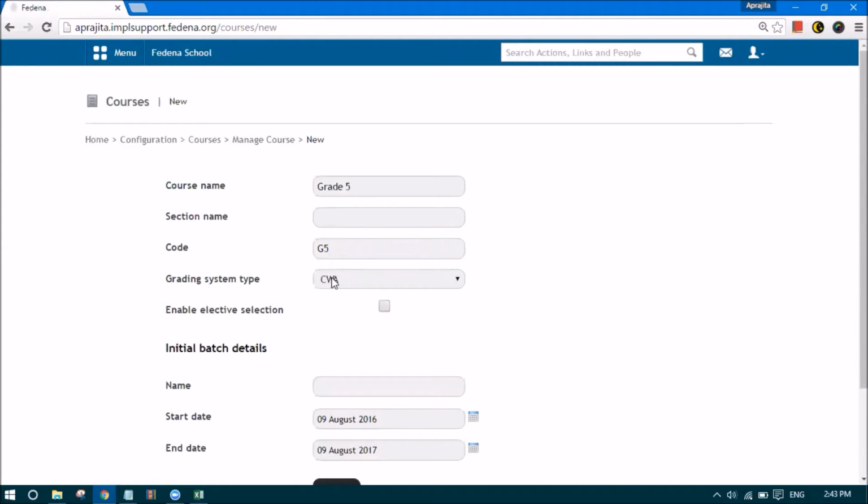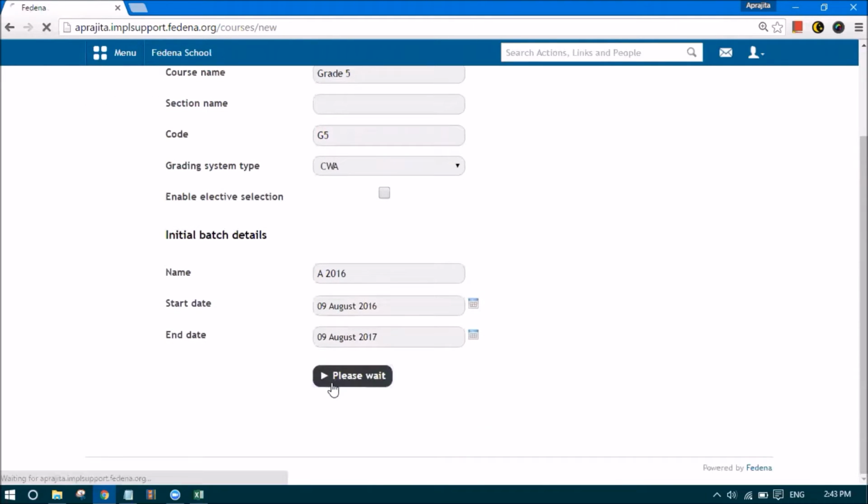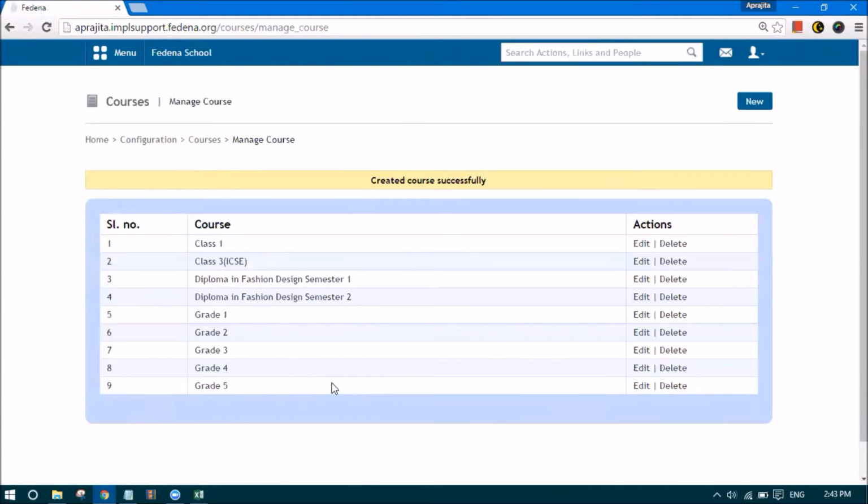Selecting it for this course would mean that all the batches that are in grade 5 will now follow the CWA grading pattern. I will give the batch details of grade 5 and save the same. So I've created grade 5 as a course that follows the CWA grading system.